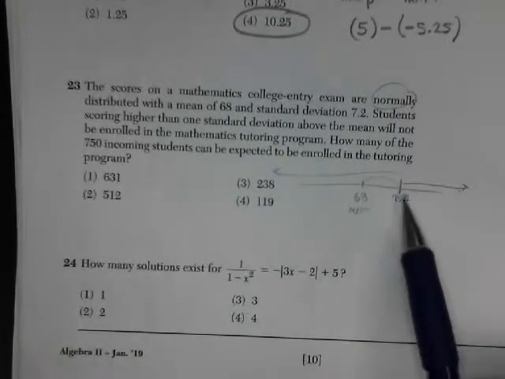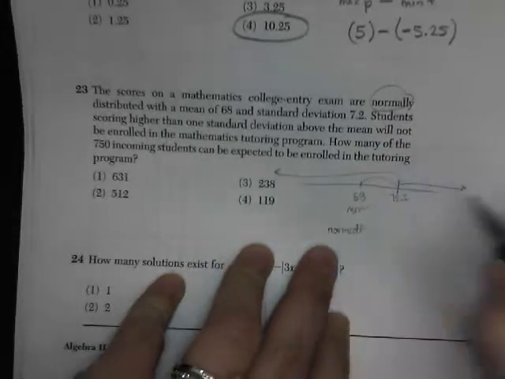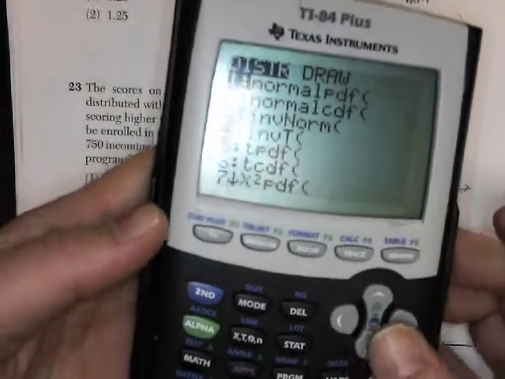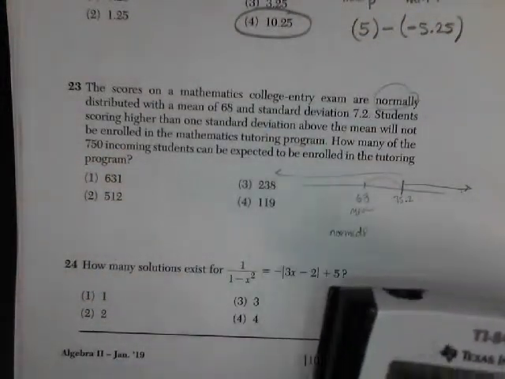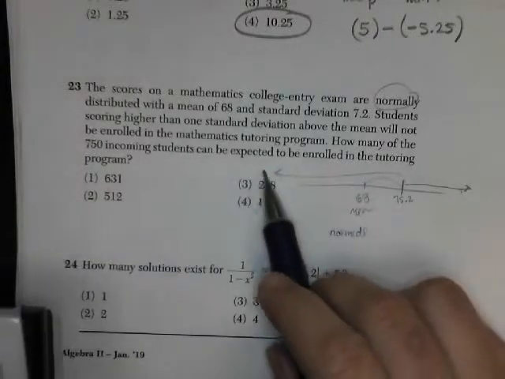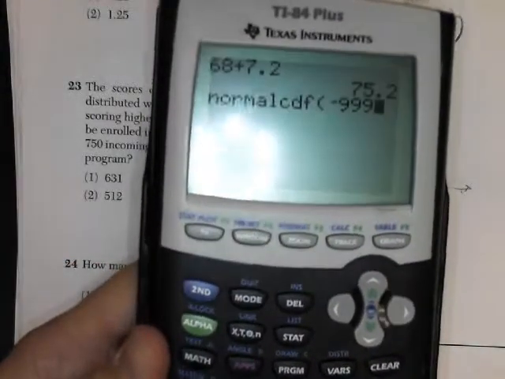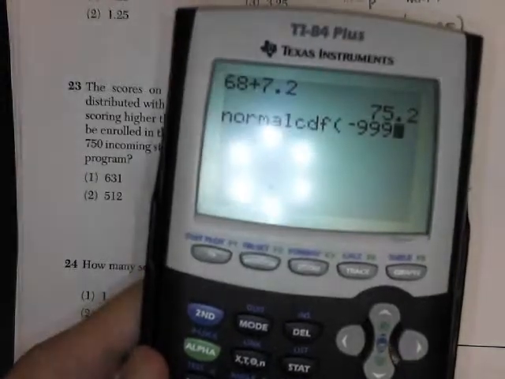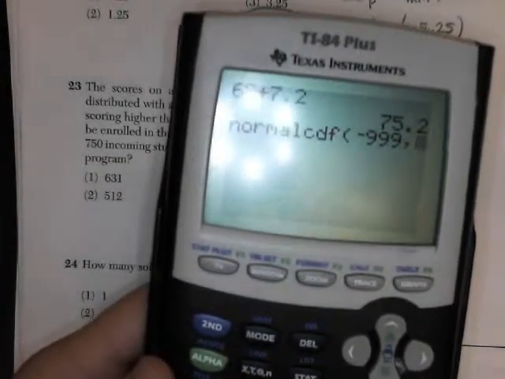So the norm CDF gives us the percentage. So we're going to do a norm CDF, so second VARS, norm CDF. Your minimum, you want to find your percentage that's underneath. So your minimum is negative infinity, so let's do negative 999. Where's my comma? I don't love this calculator. Your maximum is 75.2,